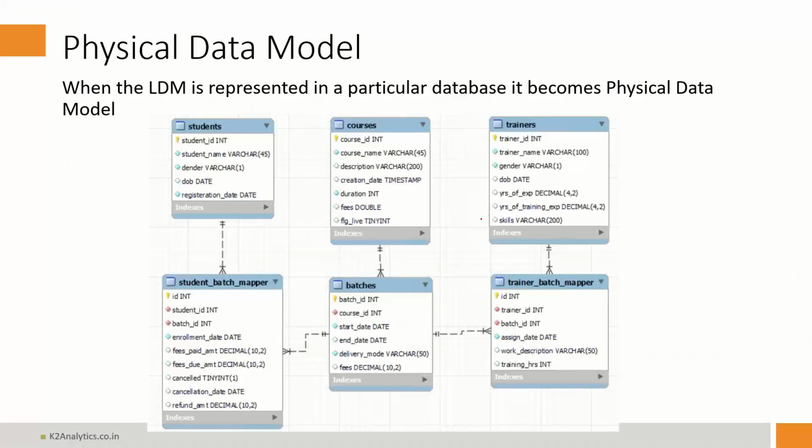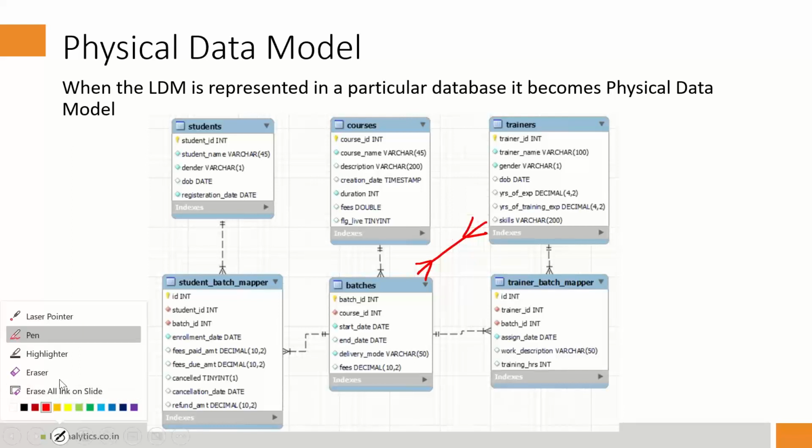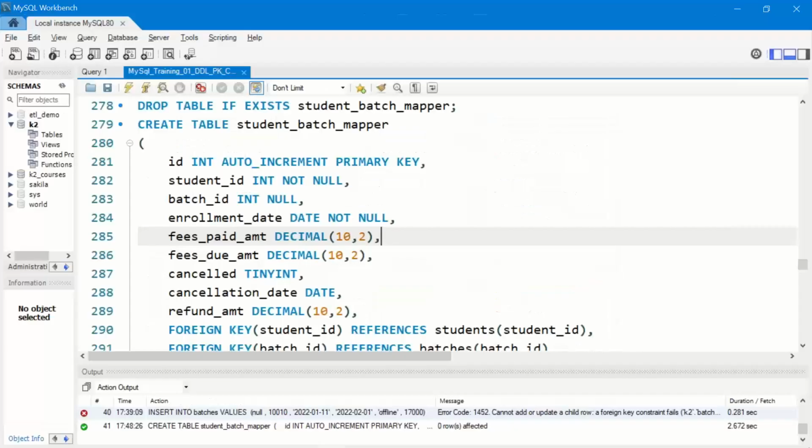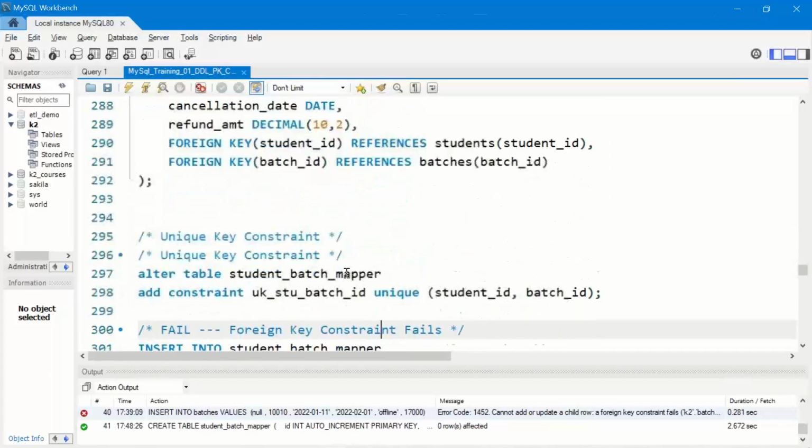Likewise, I require an association between trainer and a batch. A given trainer can teach in multiple batches. A given batch can have multiple trainers. So I require a trainer batch mapper. Okay. We'll go ahead. Before we create the trainer batch mapper,